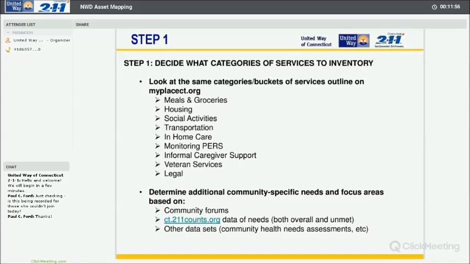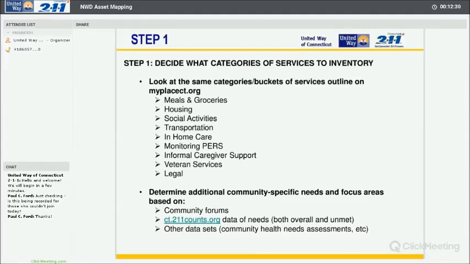So as a starting place, we said, let's look at the existing service categories that are already being highlighted on MyPlaceCT, because those are the ones the state has already said are important services to this population. So let's start there so that we're aligning ourselves with the myplaceCT.org website. Those categories of services are meals and groceries, housing, social activities, transportation, in-home care, monitoring, informal caregiver support,